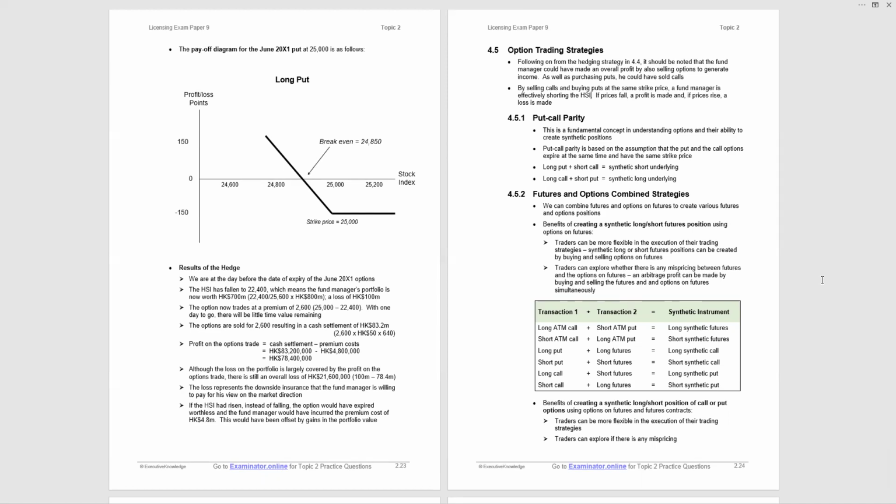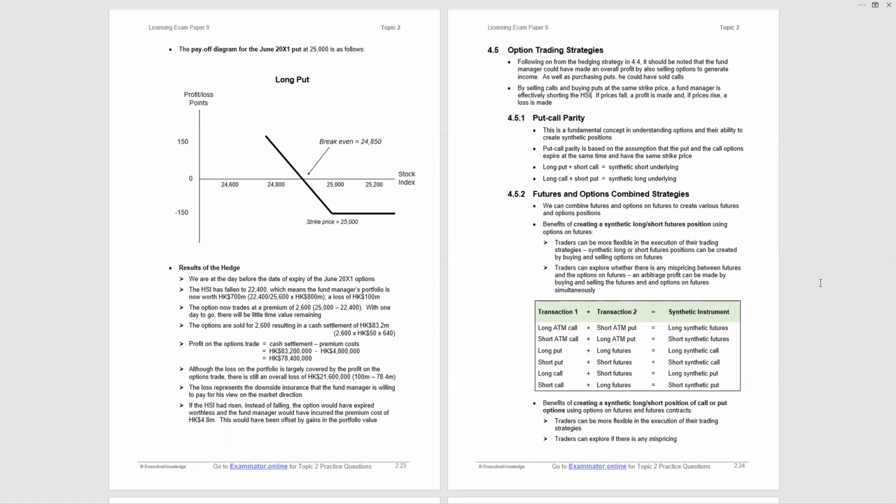So we made a loss on the portfolio. What was our profit on the options trade? Well, it's the cash settlement minus the premium cost. Our cash settlement was 83.2 million, which we've just calculated, minus the premium of 4.8 million, giving us a profit in the options trade of 78.4 million. Now you see that the loss of 100 million is not being fully covered by the profit on the options trade. And that is just a loss that the fund manager was willing to bear given his or her view